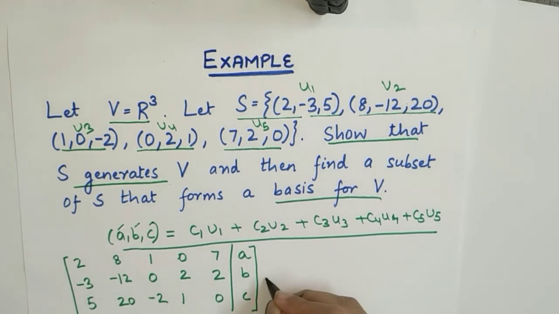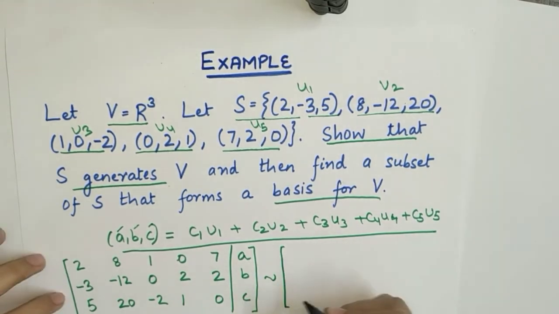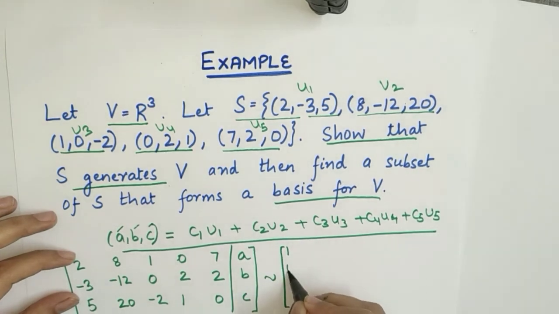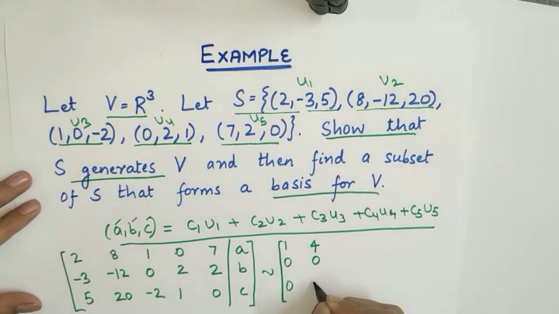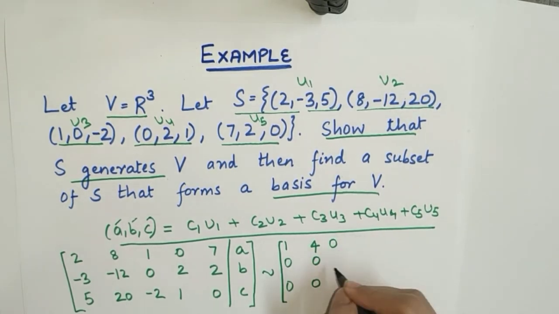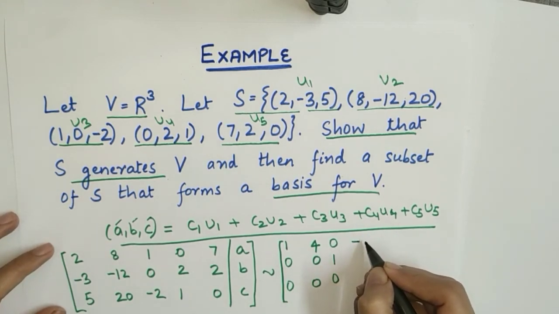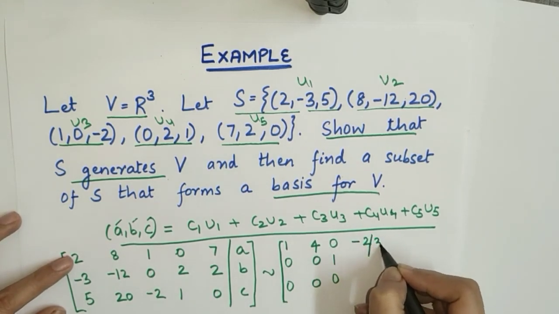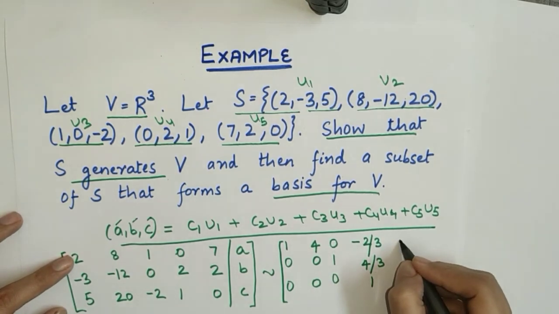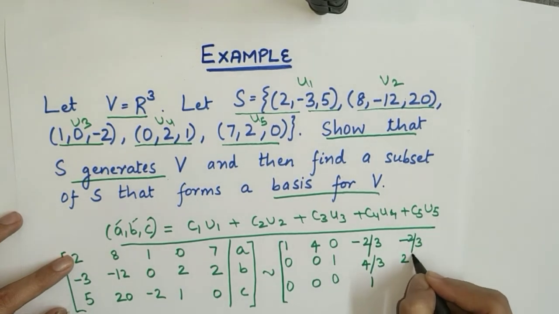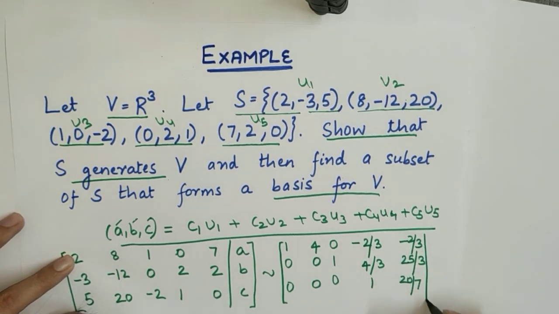Now the RREF here, I am writing down directly. So RREF here would come out to be 1, 0, 0, 4, 0, 0, 0, 1, 0, -2/3, 4/3, 1, -2/3, 25/3, 20/7, and then we have here